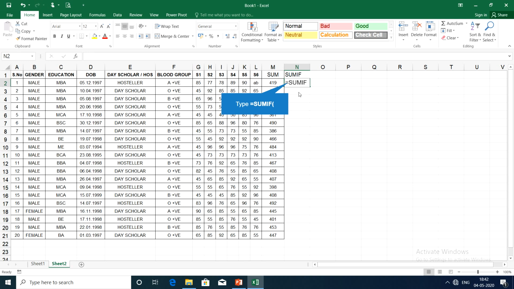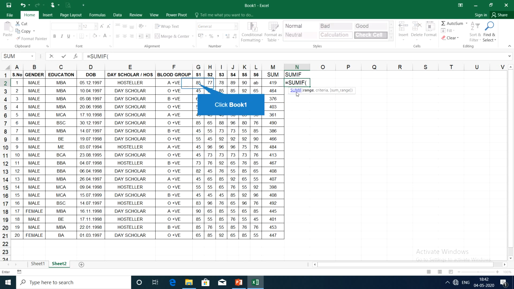Let us see. Equal to SUMIF, open a bracket, select the range, comma. Whenever you start with the formula, you can see the other options, other values you need to select. Here first we have selected the range. Range is nothing but the starting value to the ending value. Then we need to tell the criteria on what basis the numbers should be added.